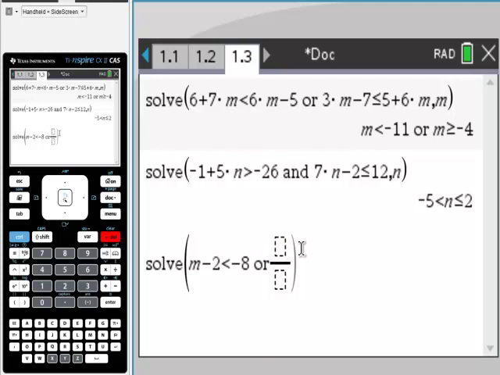I know it's a pain, but the result is so worth it that I'm actually going to do it anyway. 8, and then I'm just going to make sure, remember, you need a space between this whole thing. So there's my space. Or m over 8 is greater than 1, so greater than 1, comma,